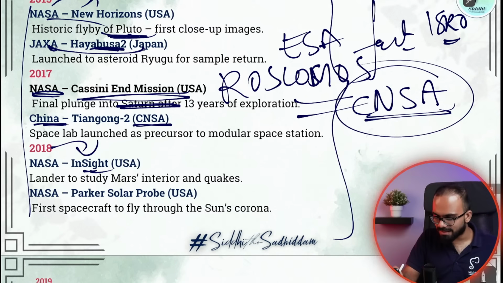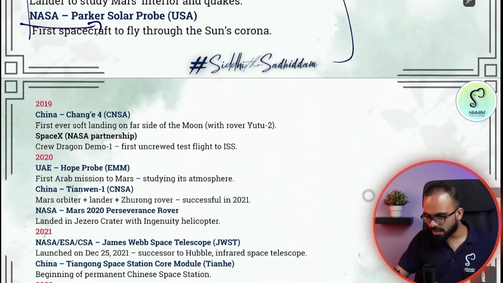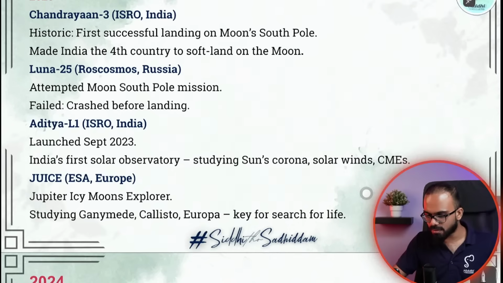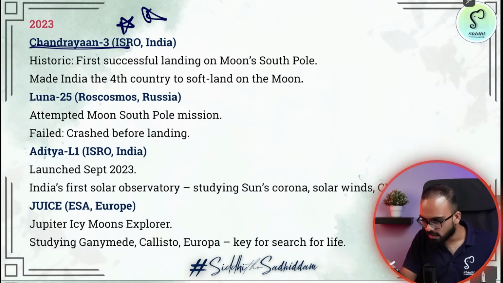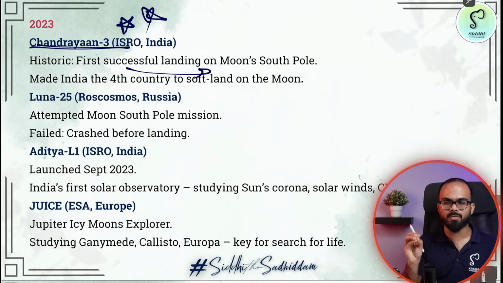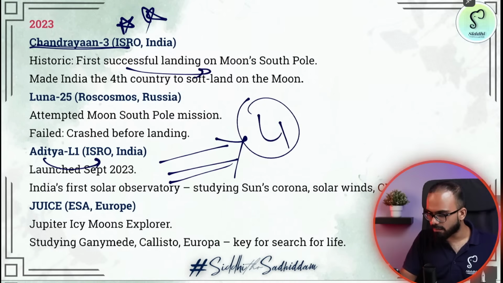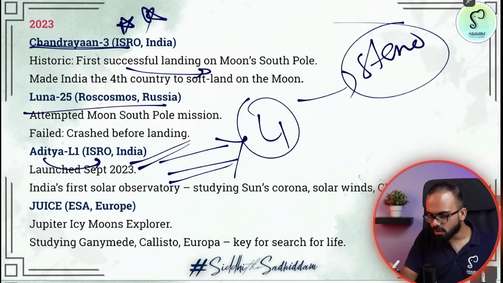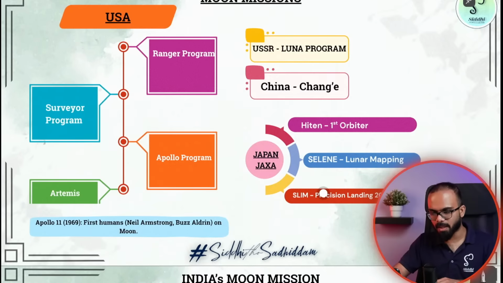Again, NASA has InSight. NASA also launched the Parker Solar Probe. So these are various missions that are important. You have to look at these missions. They can ask you in the exam. In 2023, Chandrayaan 3, ISRO's landing on the moon. I'll talk about Chandrayaan, don't worry. Then India did Aditya L1. There are n number of questions on Aditya L1 in steno. So Aditya L1 is important. Luna 25, Russia's moon-based mission. These are current affairs with respect to different missions that are happening around the world.